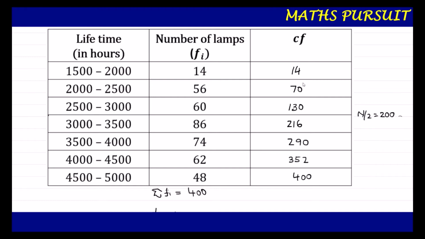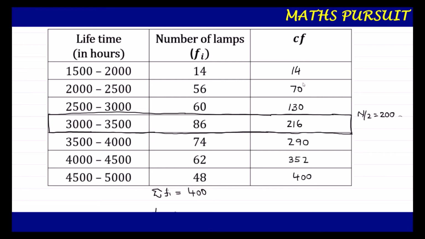So the median class here lies on the cumulative frequency row where it is more than the cumulative frequency of 200, that is 216. Once we get n by 2, we should look for the cumulative frequency column where it is just more than n by 2. And here we got n by 2 as 200, and in the cumulative frequency row we could see that 216 is the